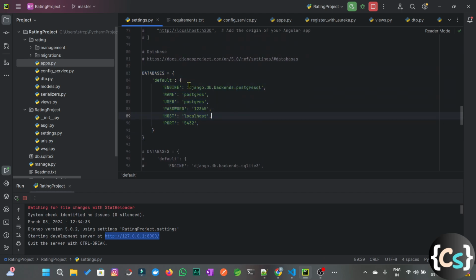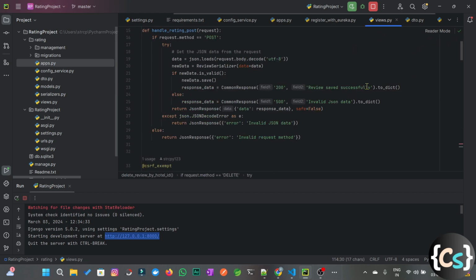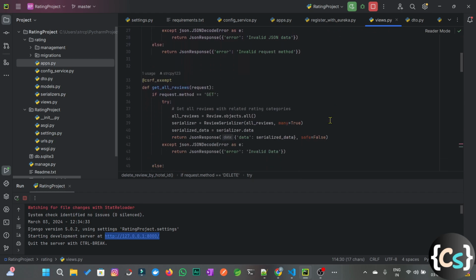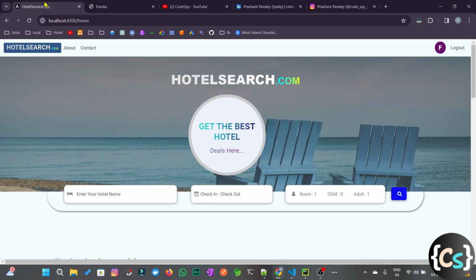Okay, so this is the configuration of PostgreSQL. You can see that we are using the engine name and all these configurations which we do. I am not going to explain the complete code of this project in this video. I'm just giving you the high level overview. Okay, so these are our views where we have all the mappings, like all the requests are coming, and we are sending the response for that. Okay, so we'll go back to our project,